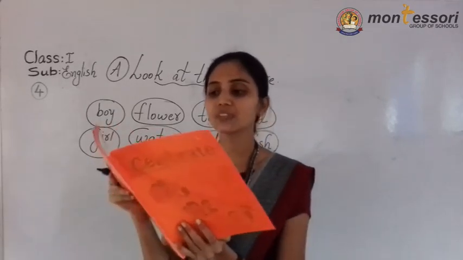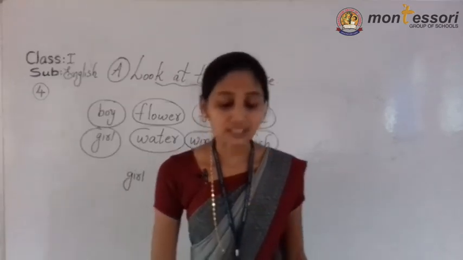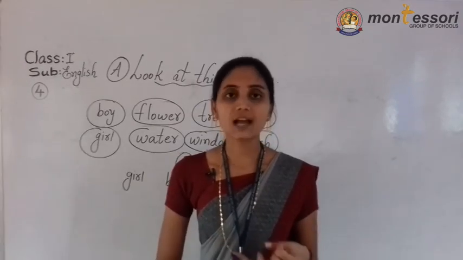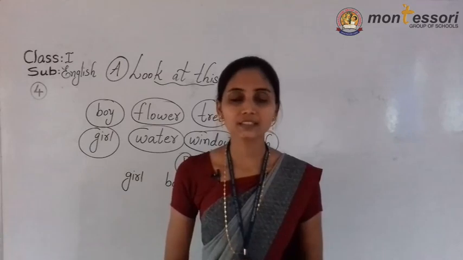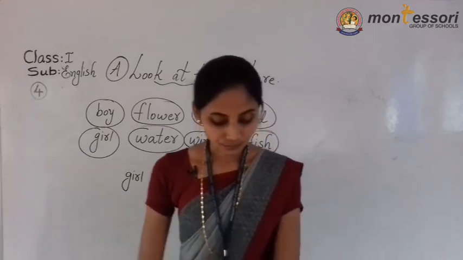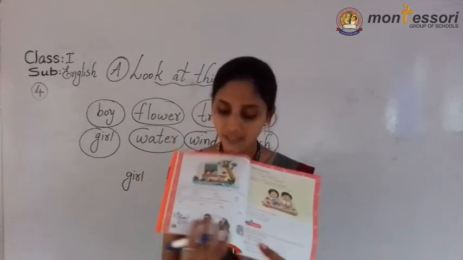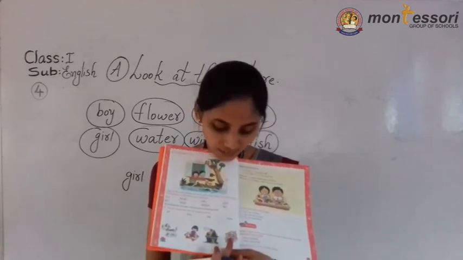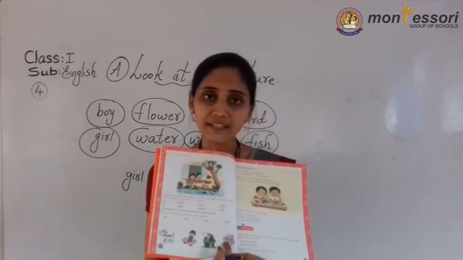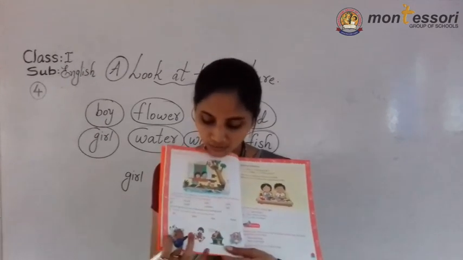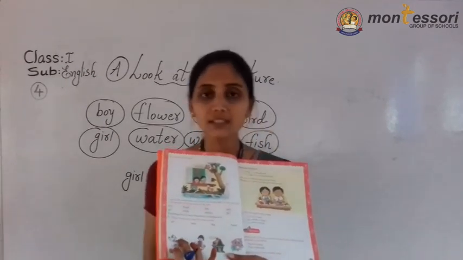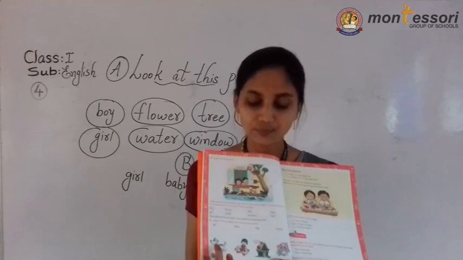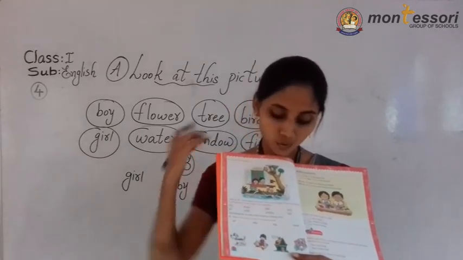What are naming words? Naming words are the words, names of particular things, items, persons, or animals. Dog, it is an animal. Girl, she is a person. House, it is a thing. Baby, it comes under the category of person. Understood? What are naming words? Naming words are nothing but a particular mentioning of particular things. Name, animals, house.